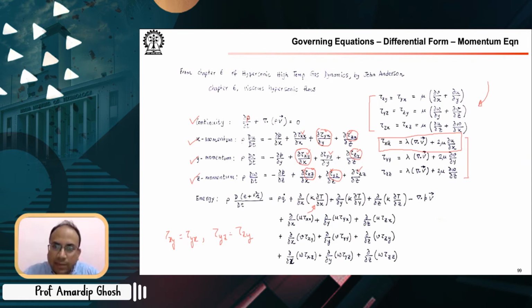When I say x plane, it means the plane whose normal is in the x direction, and the force acts along the x direction. So the normal to that surface is along the x direction, and the force itself acts along the x direction. So that is tau xx, and that depends on the divergence of the velocity field and the